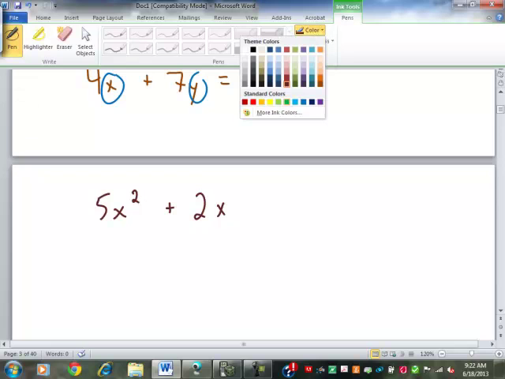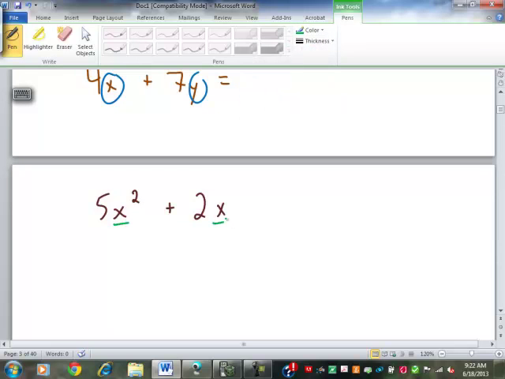You look at those and think, well, they're both x. Why can't we combine them? They have the same name. But they don't. This is x squared, and this is just x. Think about it. That'd be like taking